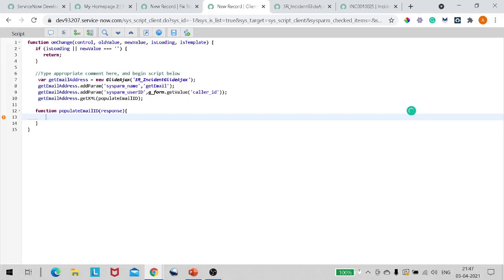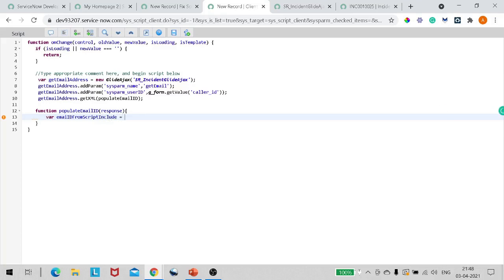So what I will do, variable email ID from script. I will give email ID from script include, so it will be clear for everyone. I'd like to give this kind of name.